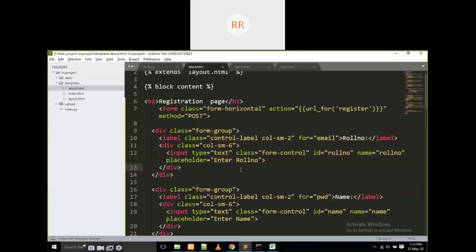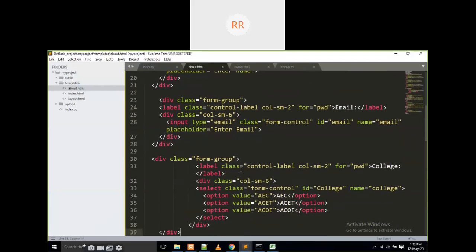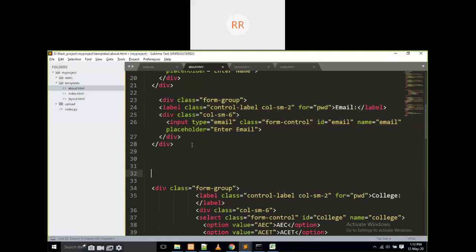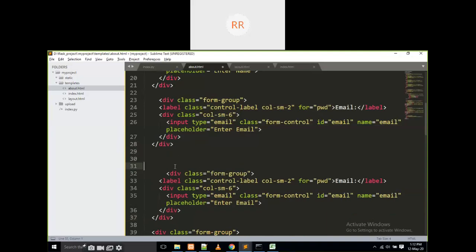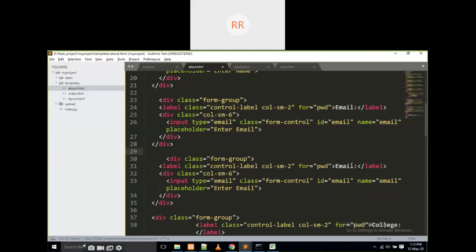How to add? I am going to add here. If you click on here, it is going to show what is the starting and what is the ending. I am going to copy this one and paste it here. It is going to be phone number, right? PHNO, phone number, and it is a text box. This is not email. This is some text area. Okay, text box. The ID is PHNO.